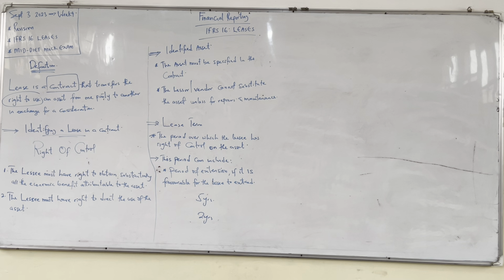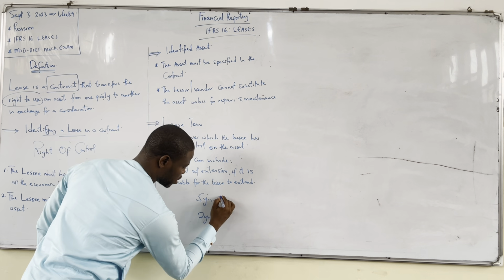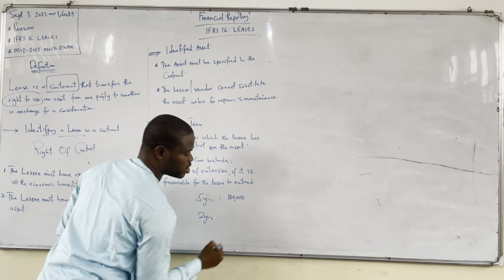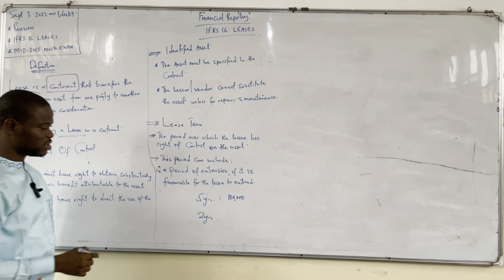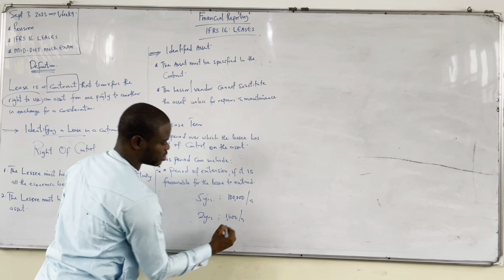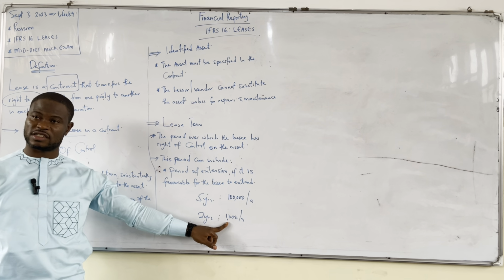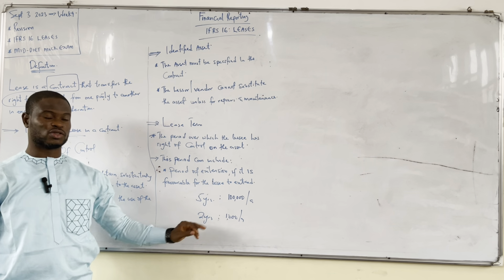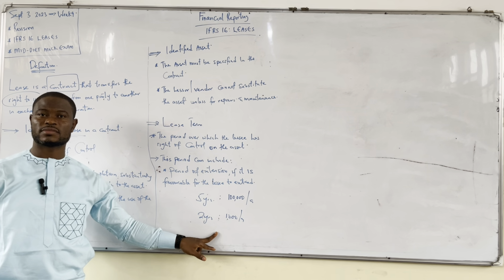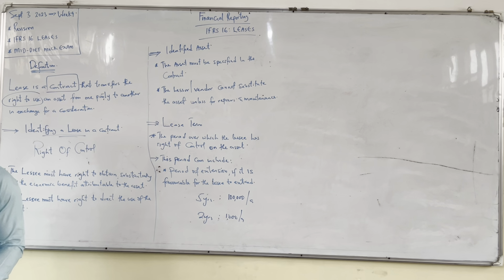then you should know that it's going to be how many years? 7 years. Alternatively, they could give you figures. If the lease rental per annum is 100,000, and when you extend, they say you should be paying 1,000 naira per annum, without anybody telling you whether that's favorable or not, is this favorable to the lessee? Yes, it's favorable to him. So in that case, the lease term is going to be 7 years. So this is all about lease term, and a lease is always over a certain period of time. That's the background knowledge.